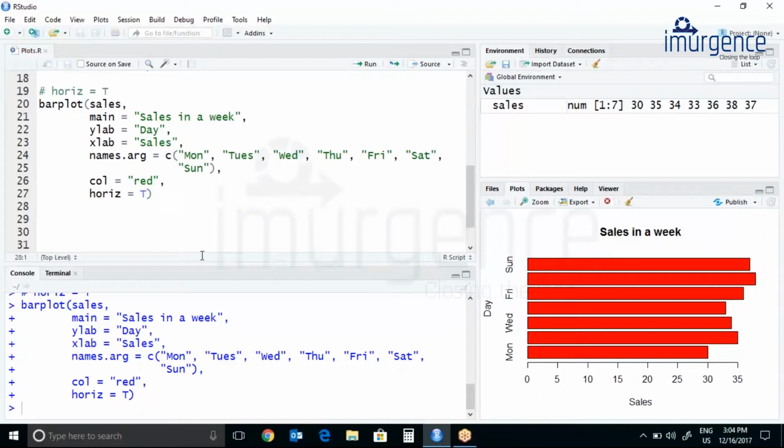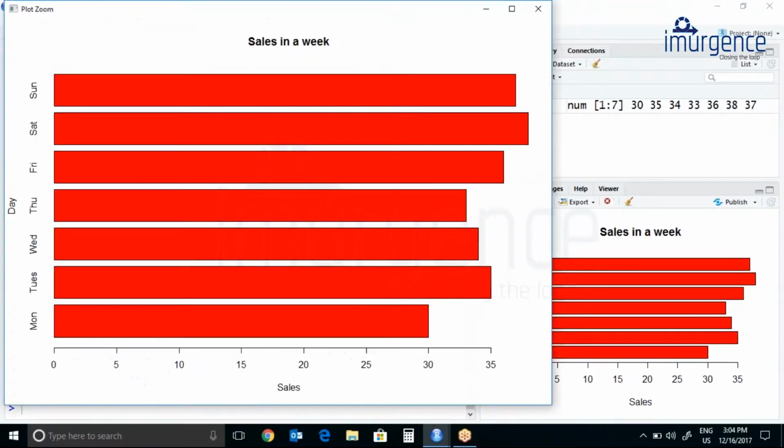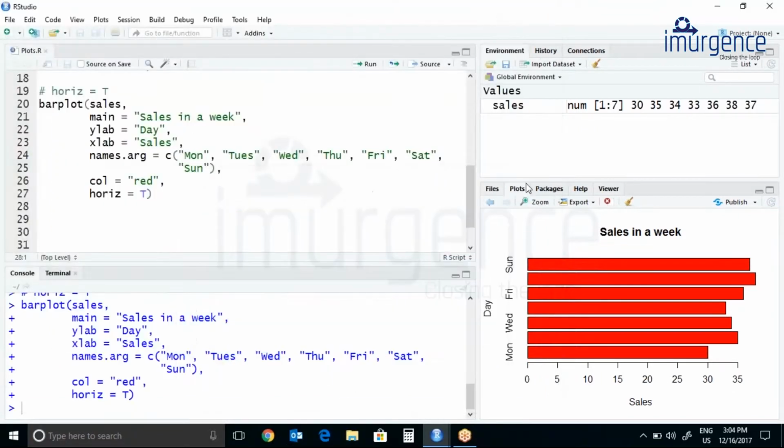So that's it, guys. If you find that all the names are not coming over here, it's better you zoom this. So everything is fine. And if you wish to export, you can just save it as an image or save it as a PDF. You guys can do it.